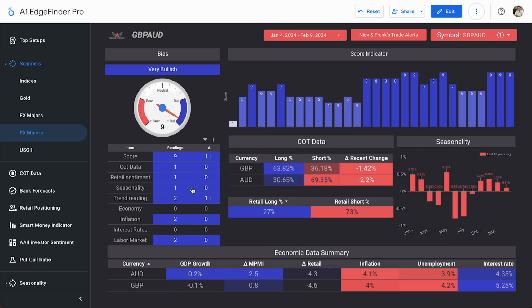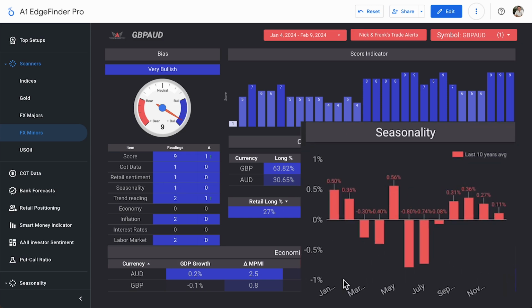Hoping that thing reverses and starts moving their direction. But for us, that is a bullish indicator. Seasonality is a score of +1 as well, and we can take a look right over here in the month